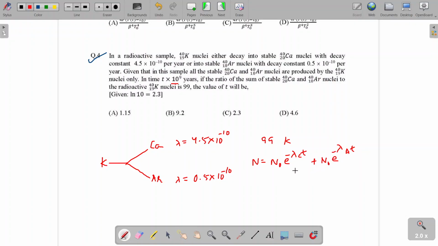And how much decay is happening is directly proportional to the initial number of the nuclei. So N naught is basically part of both of the equations and their respective disintegration constants, lambda c and lambda a. So if we add this equation,